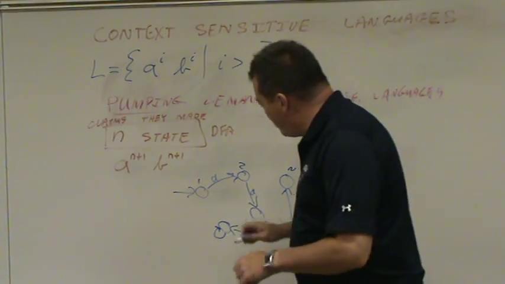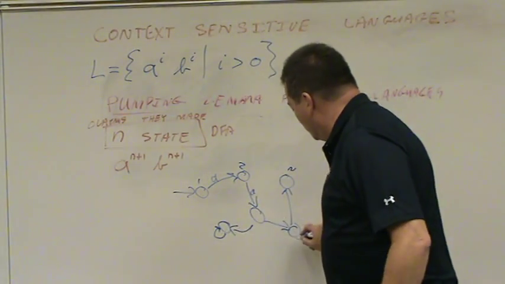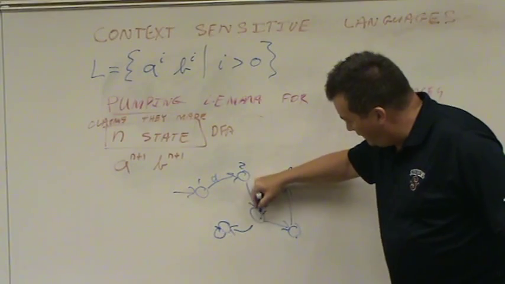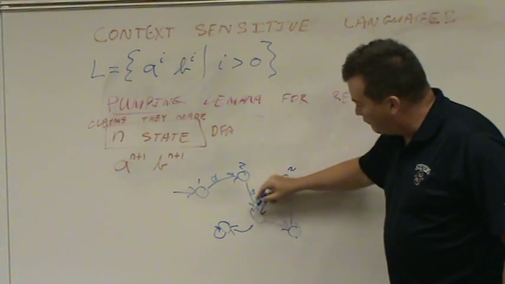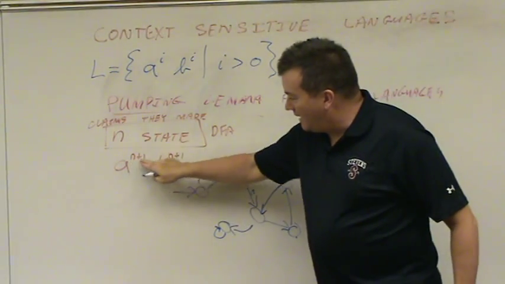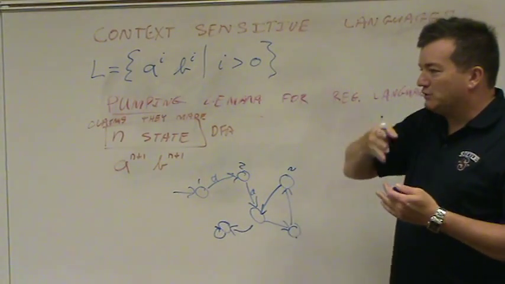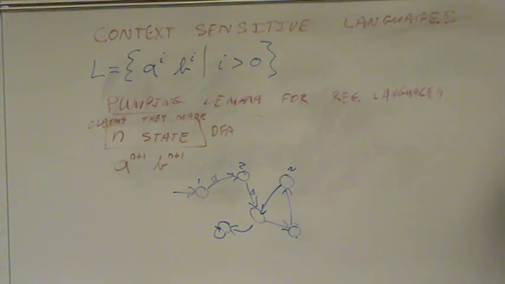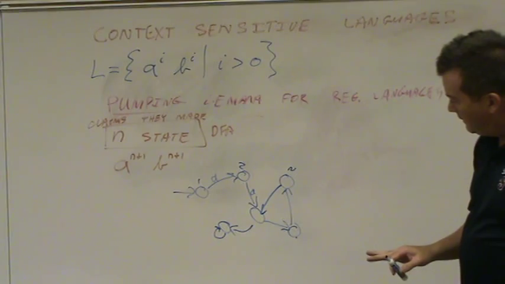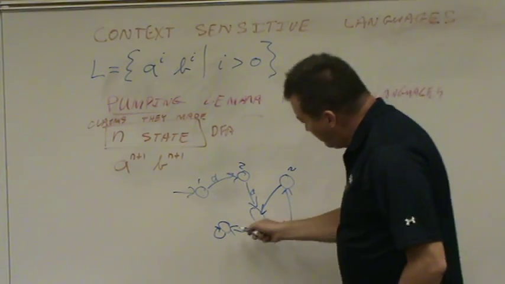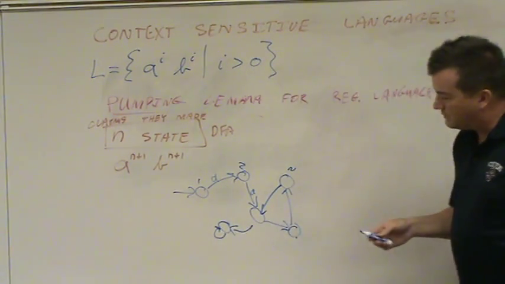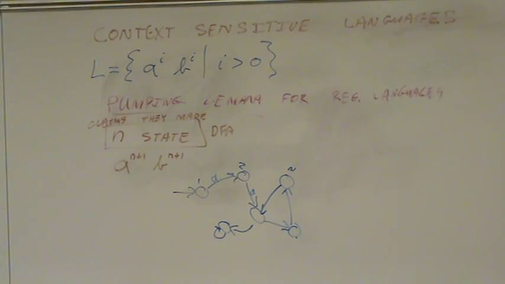Right, so I would have to go back. At some point, I went through a loop. Maybe I went from here to here to here, then to here, but somehow I had to have reappeared at a state I've already been to. Because the machine only has n states, but I have to go to n plus 1 places, so I must have repeated one of those places. So somewhere in that state machine is a loop. And the size of the loop is at least 1, even if it looped to itself. So the size of the loop is somewhere between 1 and